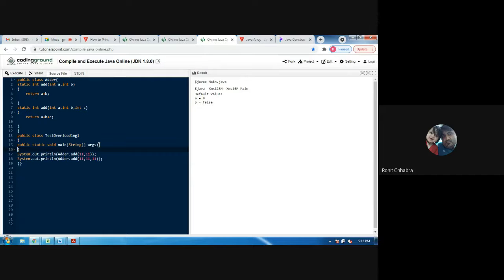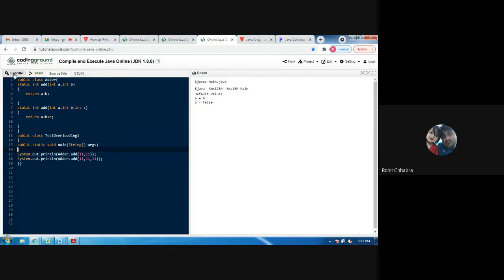In the second statement, we are passing three parameters. When we pass two parameters, it automatically calls the method which has only two parameters. If we pass three parameters, then it will automatically call the method which has three parameters.